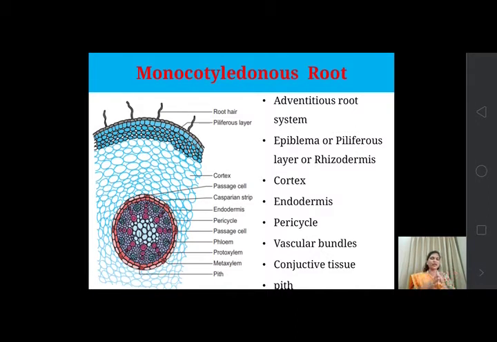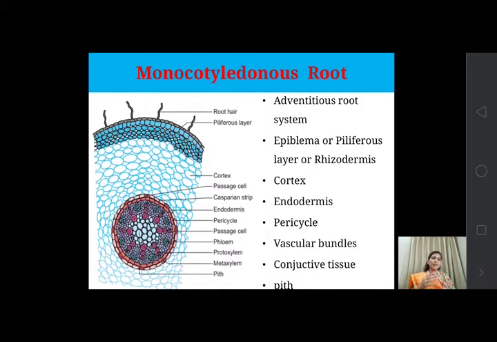In the vascular bundles, complex permanent tissues are present, that is xylem and phloem. These vascular bundles are like those of the root in the stem, and it is also of the radial type. Then between these vascular bundles there is a presence of ground tissue known as the conjunctive tissue. This conjunctive tissue may be present in a small amount or it may be absent also.